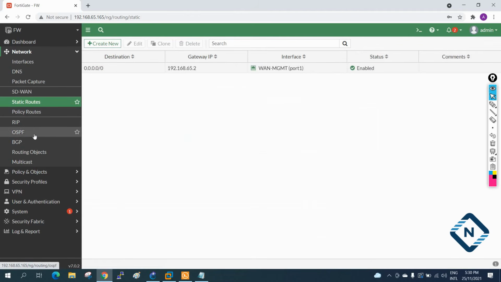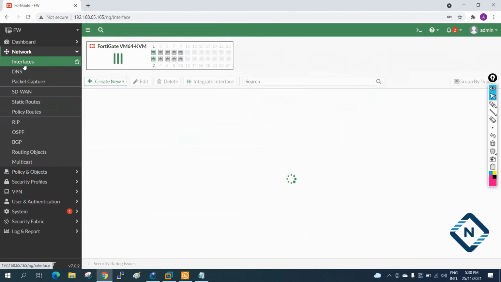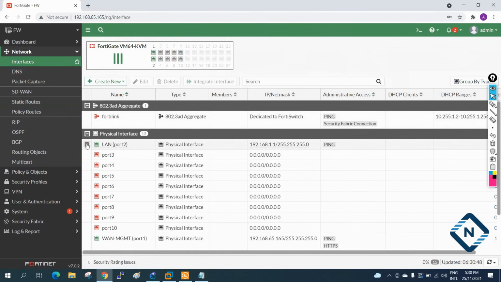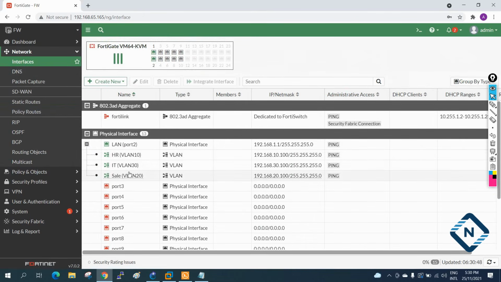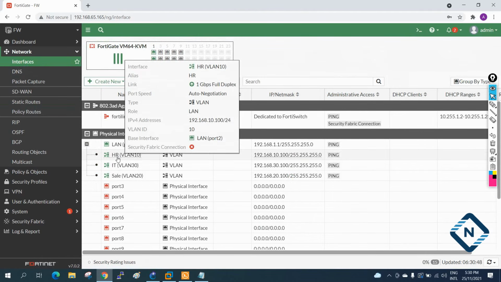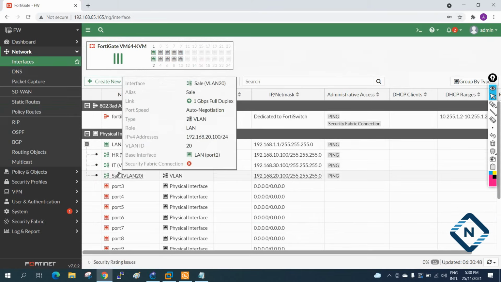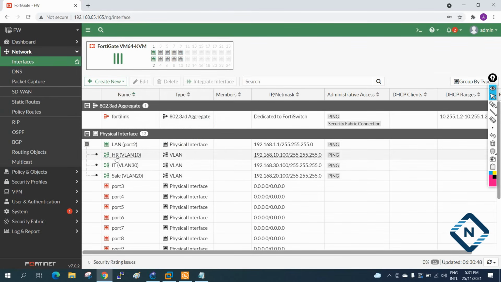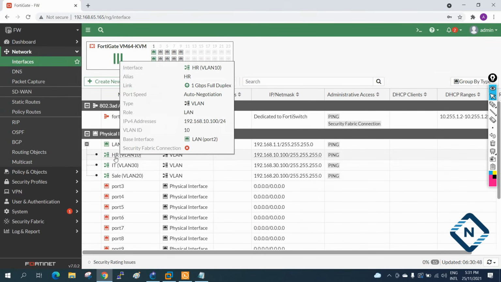Okay, and also one more thing we will do here. If you see here, I have 3 sub interfaces. So if I want to apply a policy, I need to apply the policy 3 times: 1 time, 2 times, 3 times. I can add all three in one zone, then I can apply the policy in one zone only. This way also we can do. This will be much easier compared to applying individually.